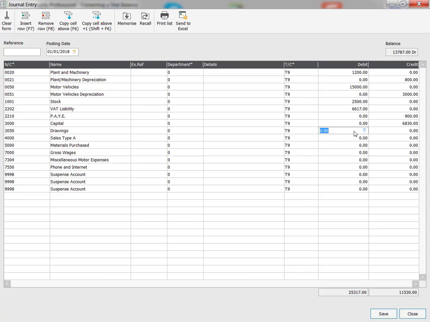Then drawings, we said 500. Sales, we said 15600. Materials purchased here, I've got 500. Oops. Gross wages 1000. Miscellaneous motor expenses 333, and 80 there for the phone and internet. So far so good. And what I want to say to you is, do you notice that we have sales